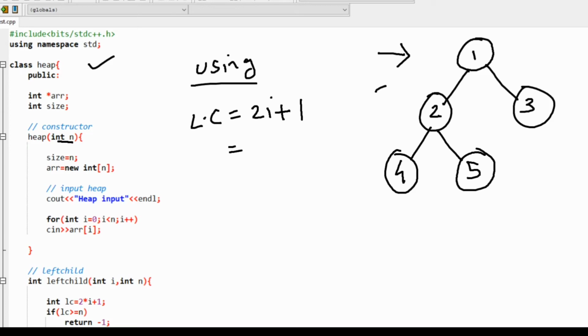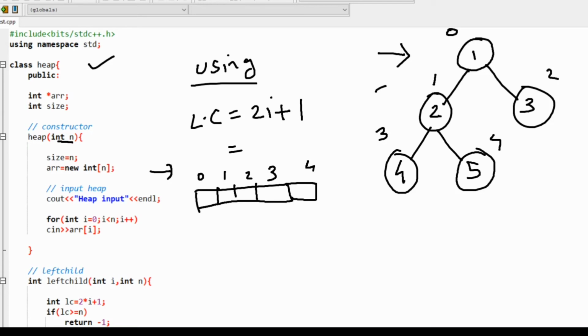So what is the index value? The index value of each node will be 0, 1, 2, 3 and 4. So if we represent this tree in an array, using index values we can find out which node is the left child node and which one is the right child node.